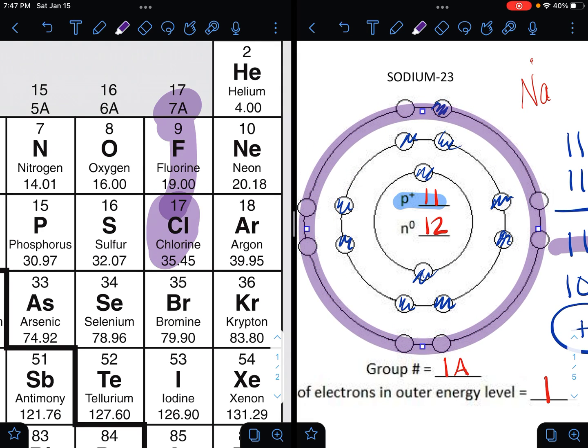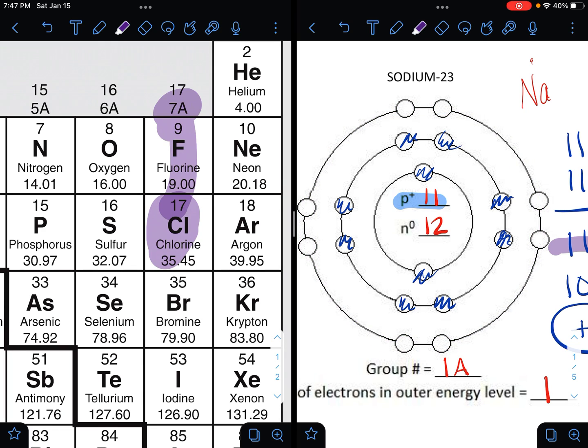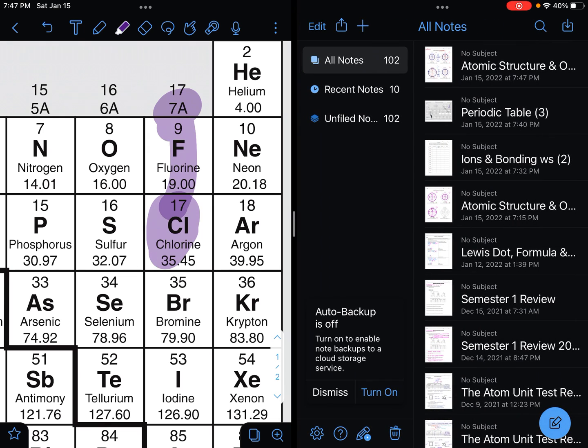Its outer shell had 1 electron. When it lost that electron, now its outer shell was the level beneath, and it had 8 valence electrons. As long as you remember that there's levels underneath, then we can kind of take a shortcut, which leads us